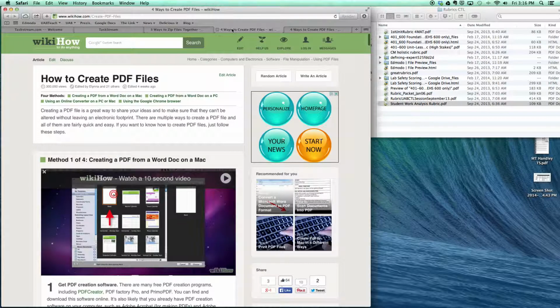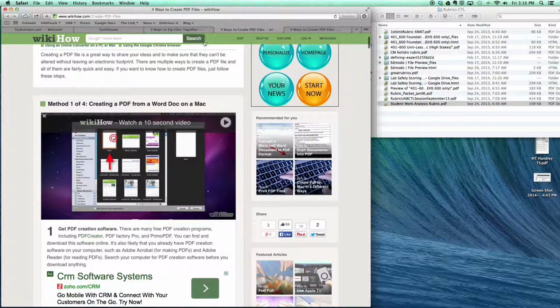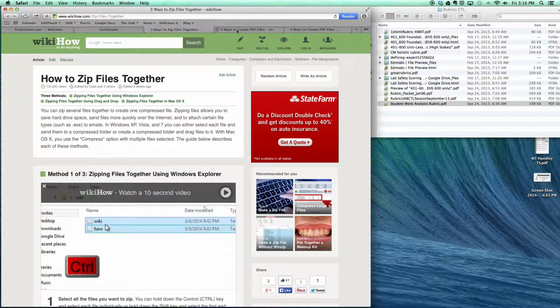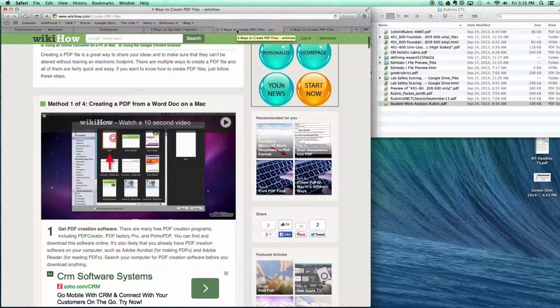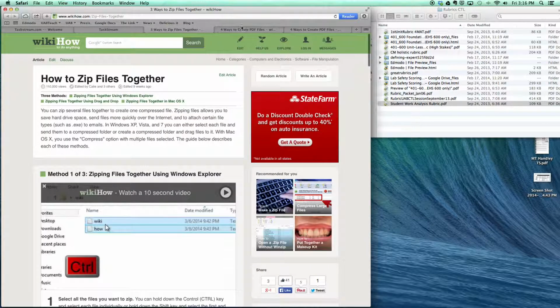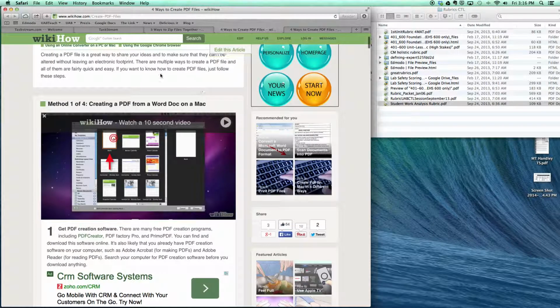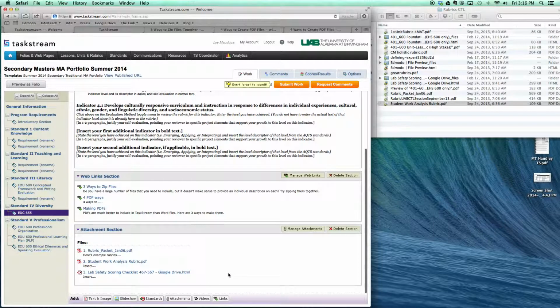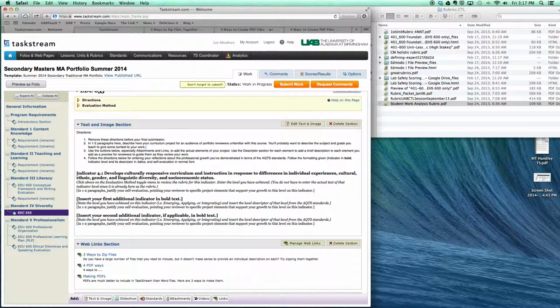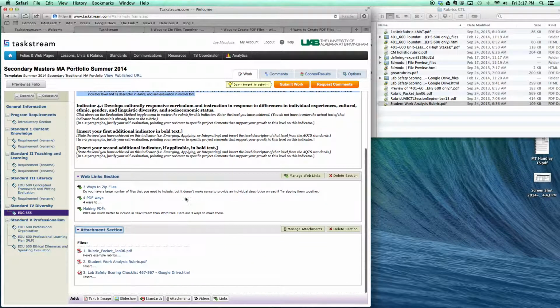And then here's that link on 4 ways to create a PDF. And both of these deal with the Mac and the PC on how to either make a zip file or how to make a PDF file. Hope that helps thus far. Now the last thing. So you've now created an overview, you've added web links, you've added your attachments, so you've got